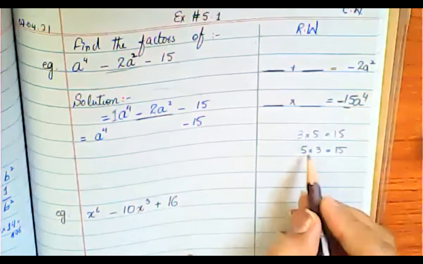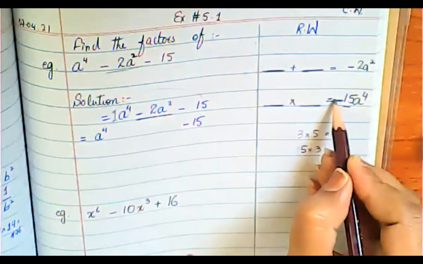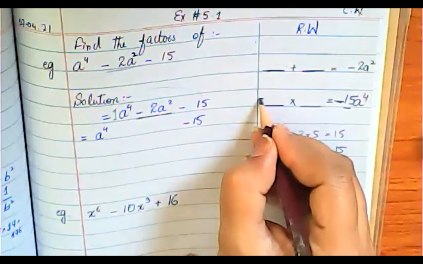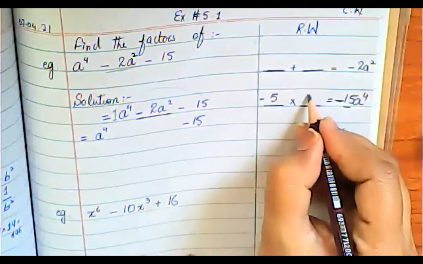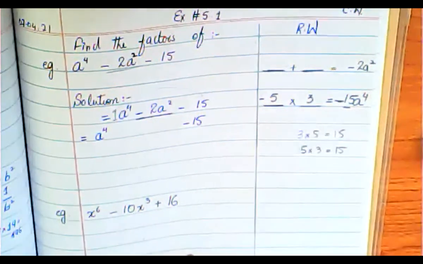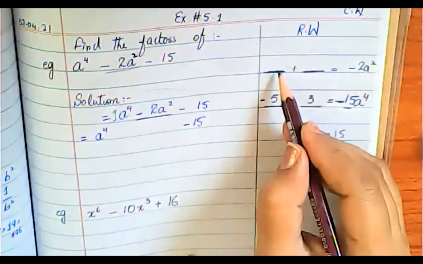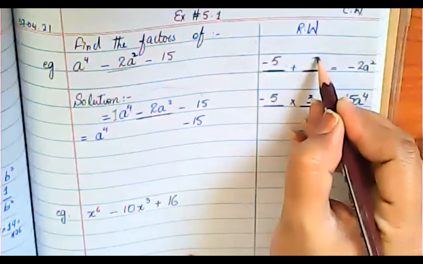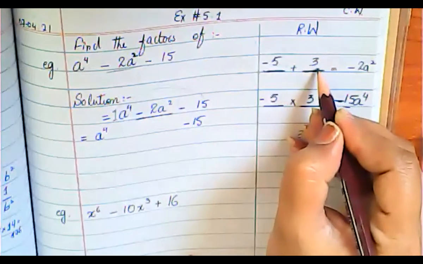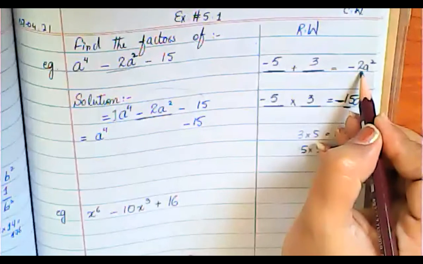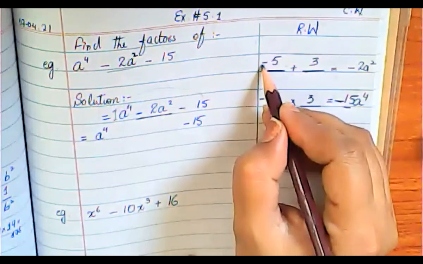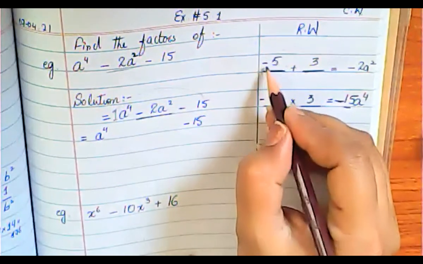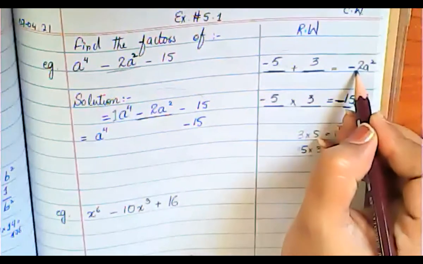Okay, we are going to do this one because our answer should be minus 15. So what we will do, we will take minus 5 and 3. If we are going to put it here, just suppose we are going to write minus 5 and plus 3. So minus plus minus, so 5 minus 3 will be 2. And the greater term is 5 here. So minus 5 has minus sign, so your answer will be minus 2.